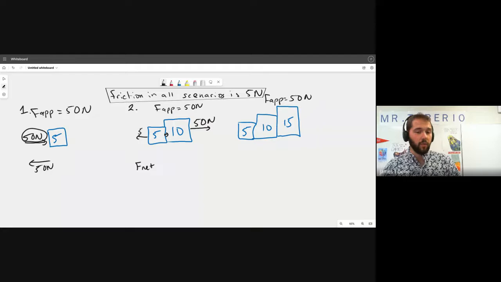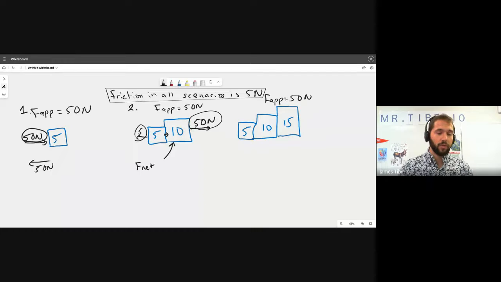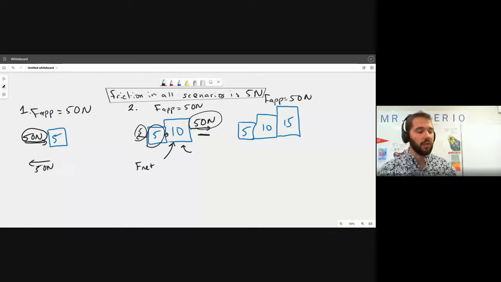Currently, we don't know the net force that the 10 kilogram box is experiencing. This 50 Newton force applied and this 5 Newton force of friction are the forces on the entire system, not the 10 kilogram, right? Because if you're pushing with 50 newtons of force, yes, that force has to move this 10 kilogram box, but it's also moving a 5 kilogram box at the same time. It has to move both. So you could think of it like you have to push harder to move both, but the amount of force that gets transferred to the 10 kilogram is not going to be the entire force you're using,